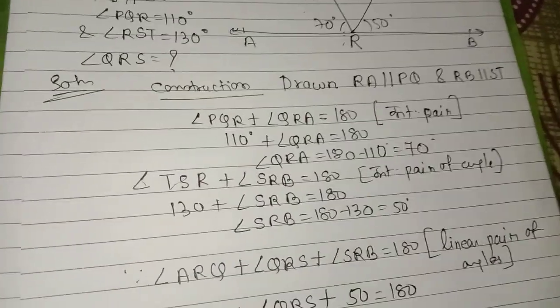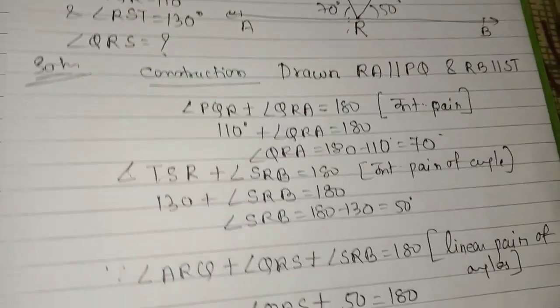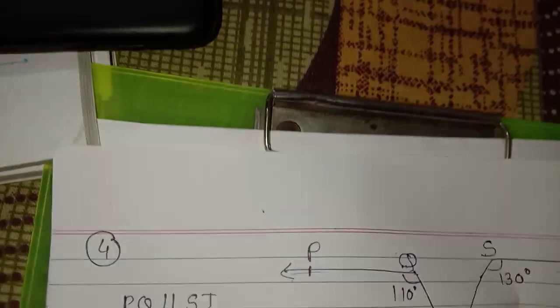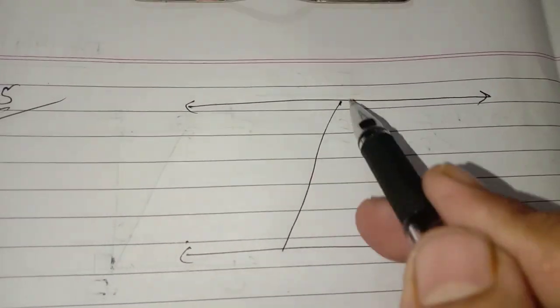Now let's move quickly to the next question. Sorry for the little interruption. This one is also very interesting and you will love to solve it. We did question number 4 and now it is question number 5. Let's make the diagram. I will always suggest you make a diagram whenever you are solving this type of geometrical question. You will have your own ideas and views while solving the questions.